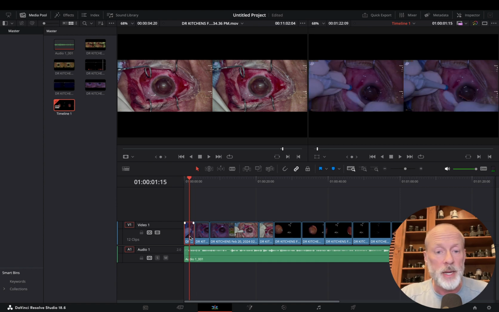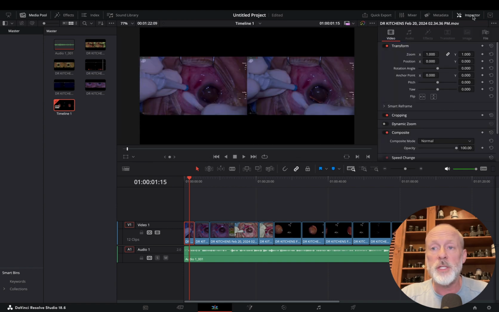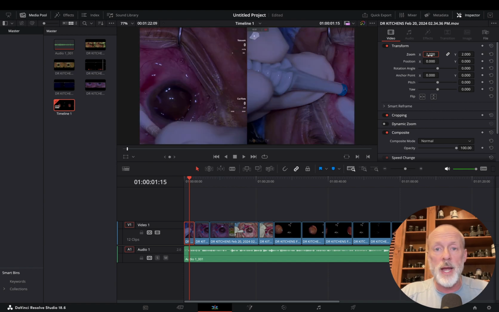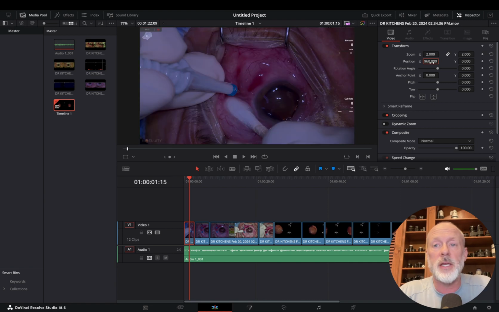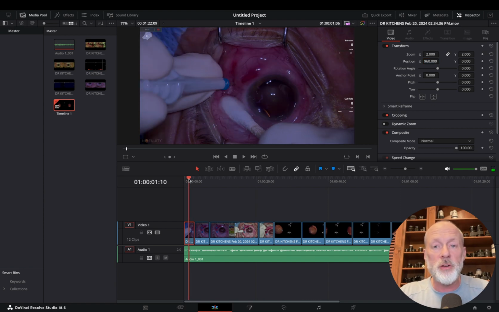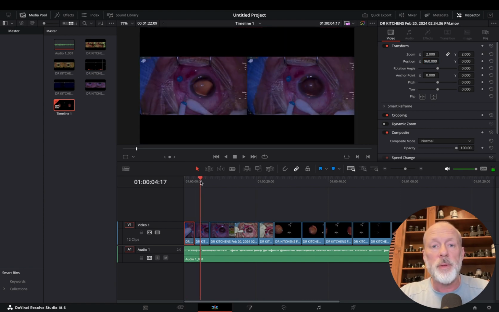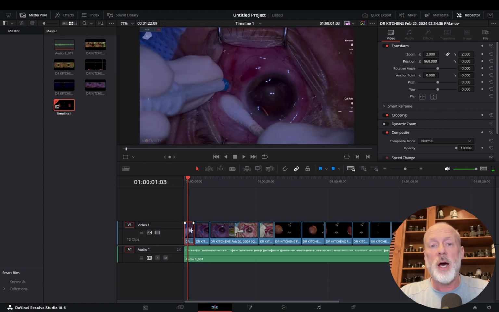What I'm going to do is turn off my magnetic. I'm going to select this and go to the inspector. Okay, and what I want to do is zoom in twice and move this X by 960. So what I'm doing is doubling the size of that image and then moving it 960 pixels over to the side so we're just getting one image. Now that just does it for this first clip. The second clip and the others are all going to stay in their same